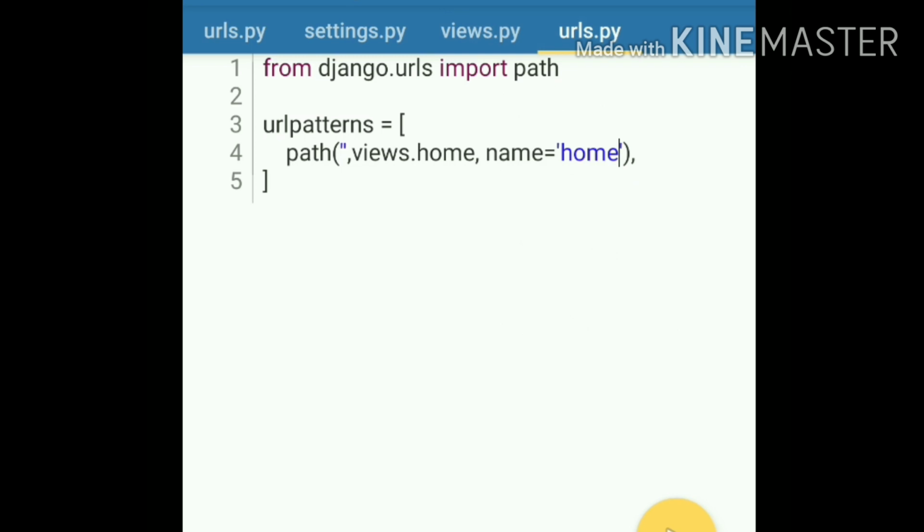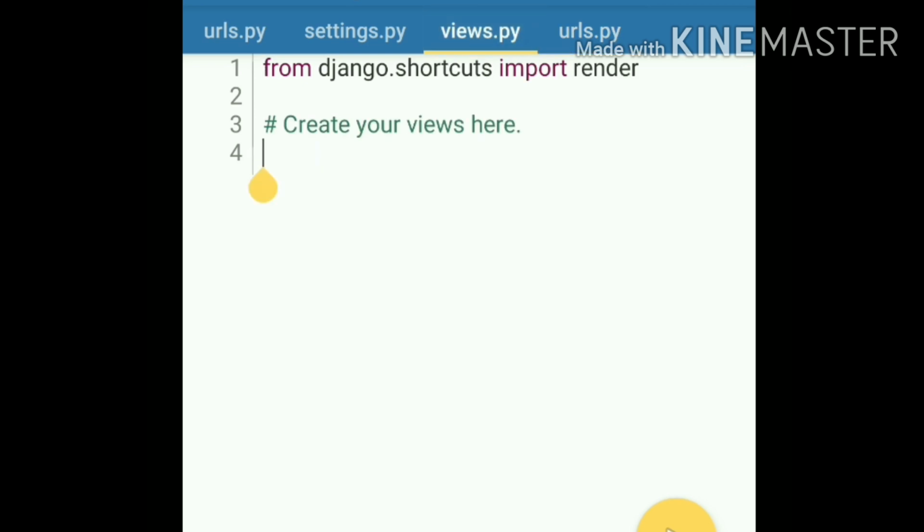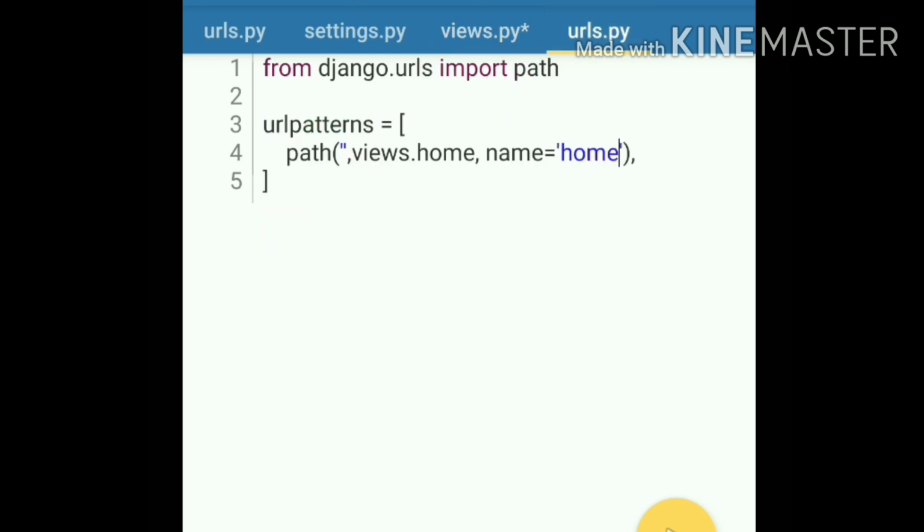So let's jump on the views.py and create a home function inside of our views.py. We have to give the name home because we are calling home from urls.py.